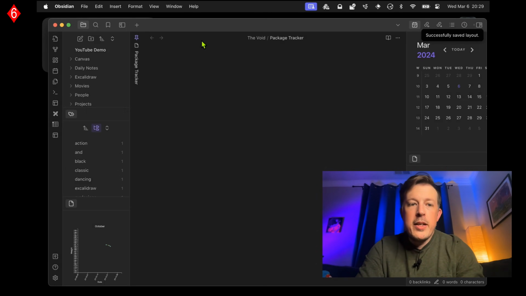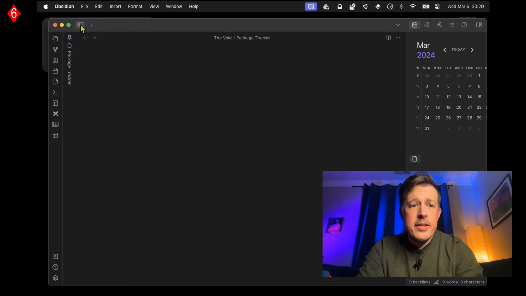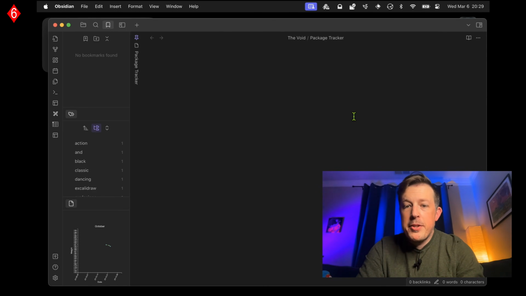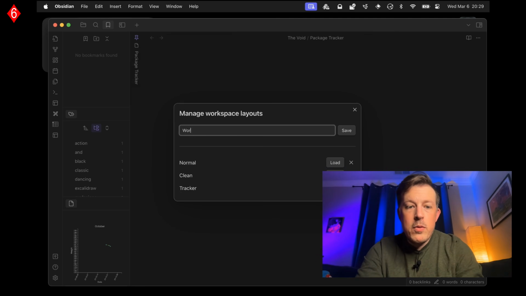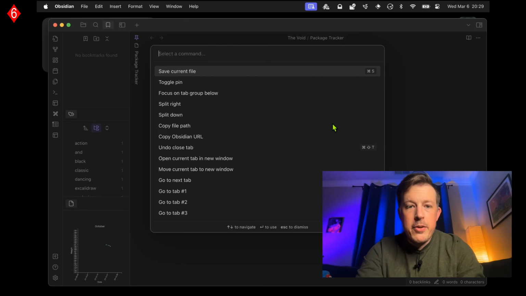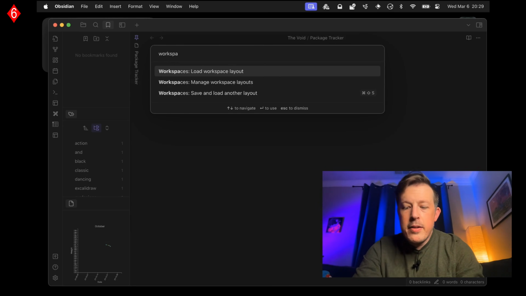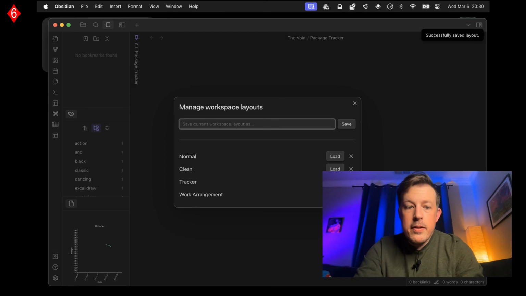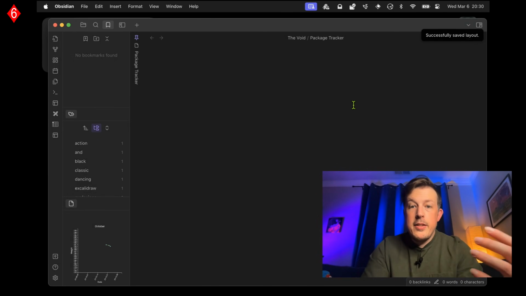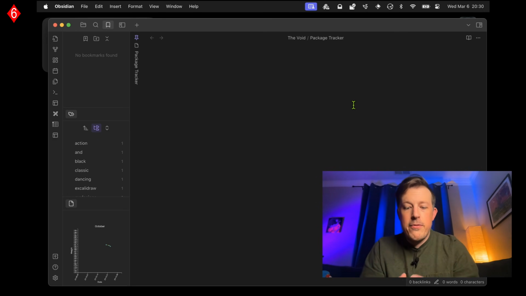Or we could have bookmarks and have it this way and have this collapsed, and then call this work arrangement. I don't think it's saved. Nope. Work. There we go. So this is incredibly handy if you